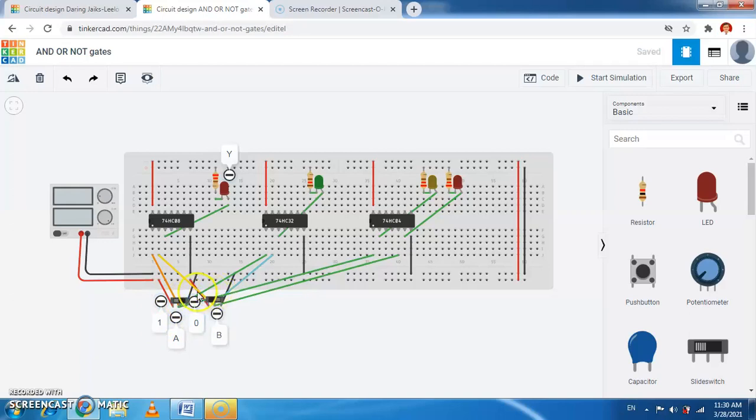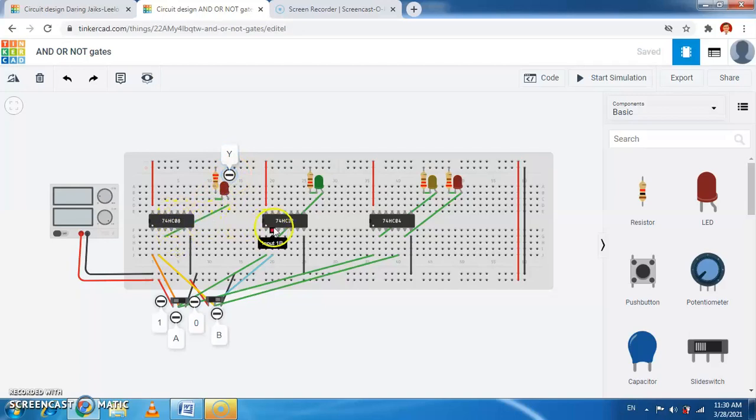So similarly we use two switches in order to apply the two inputs, let us say A and B are the inputs here. Now we can display the output on the LED here. So when the LED glows, it means it is forward biased, the output is 1, and when it is off, the output is 0. So that is the output. So let us start from this.